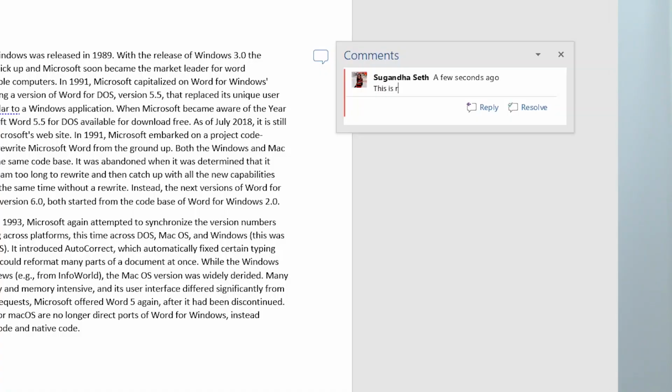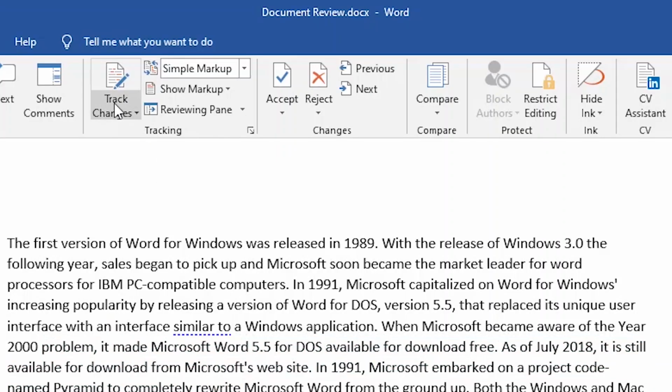So for this purpose, today I am going to explain how, using MS Word, you can accomplish this review process easily and flawlessly. I'm going to tell you how you can put comments into a document, how you can track your changes, and how it becomes easier for the person on the other side to understand and comprehend what comments and what changes have been suggested by the reviewer. So guys, let's get started.